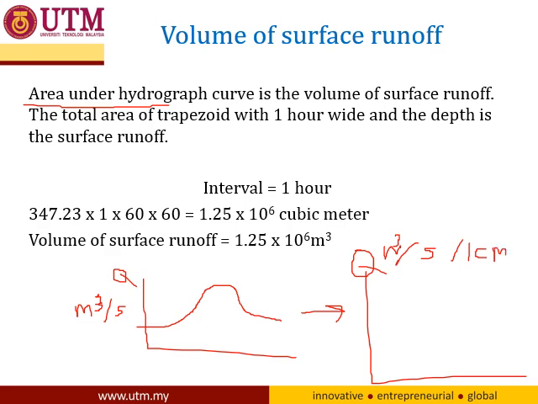Okay, so what should we divide it by? Because we want this total hydrograph, this runoff, just the runoff. We just want the hydrograph of the runoff, which has the runoff as 1 centimeter. So this should be 1 centimeter. Okay, but now it's not. Now from the observed data,